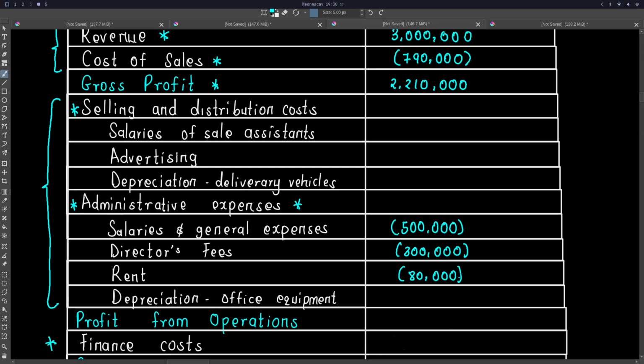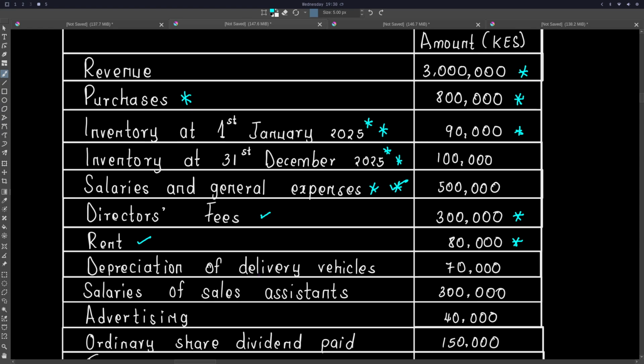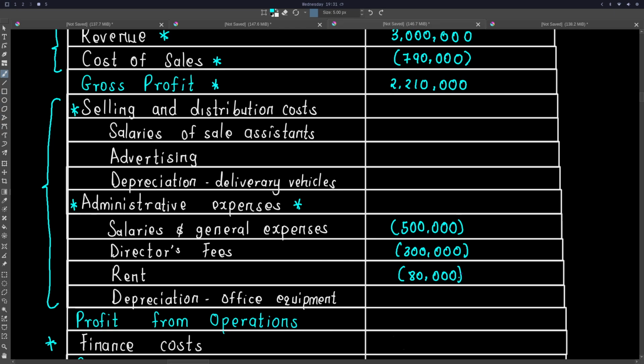Okay, then we go to the next one, depreciation of delivery vehicles. Delivery vehicles are used to deliver these cups to the client. Okay, are they involved directly in the selling and distribution of the business? Yes, in fact, they are involved directly in the distribution of these cups. Okay, so here we're going to have 70,000, but it is going to be under the selling and distribution cost. So here we're going to have less